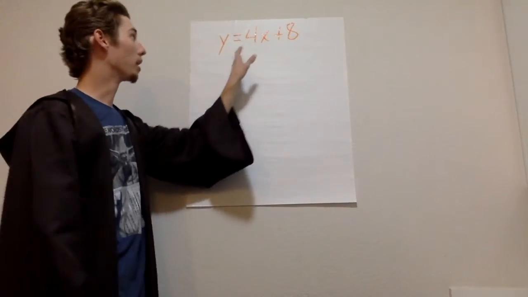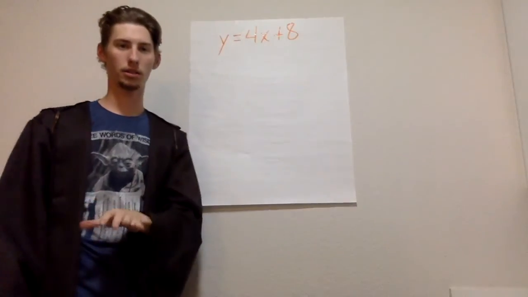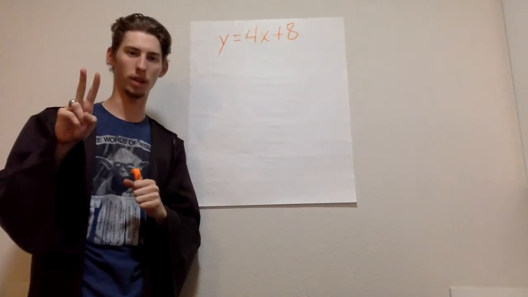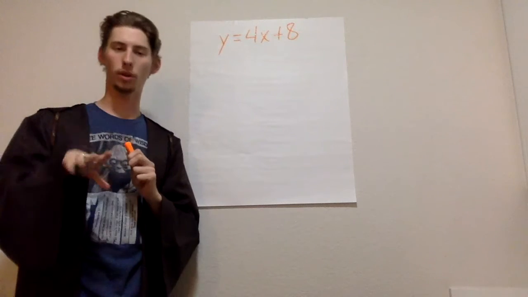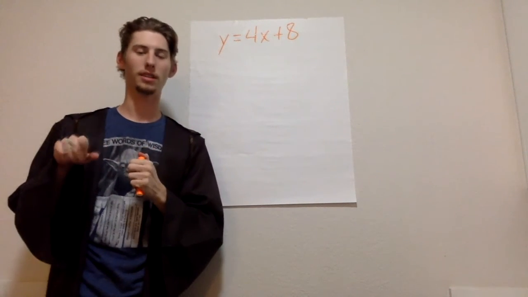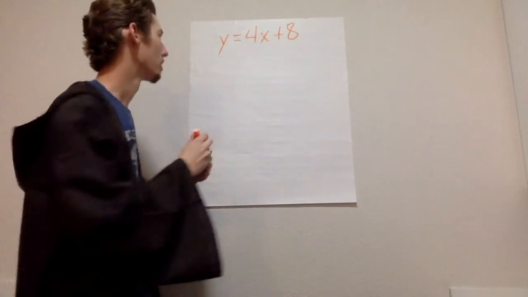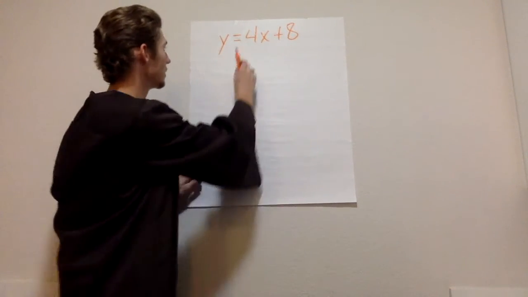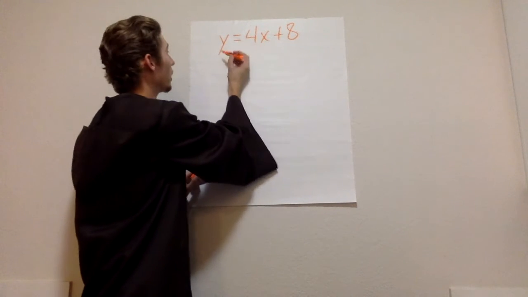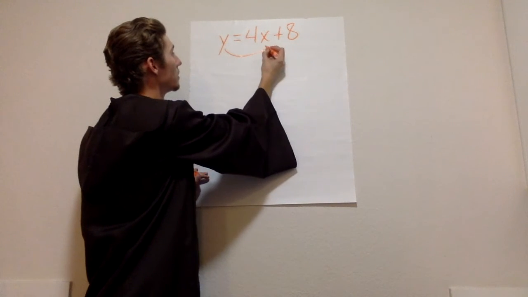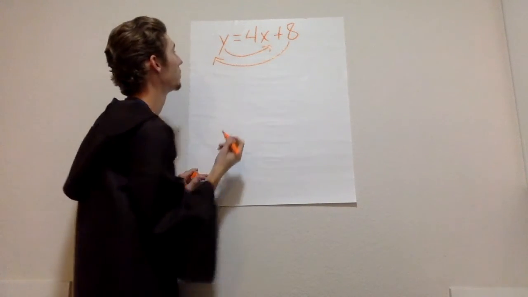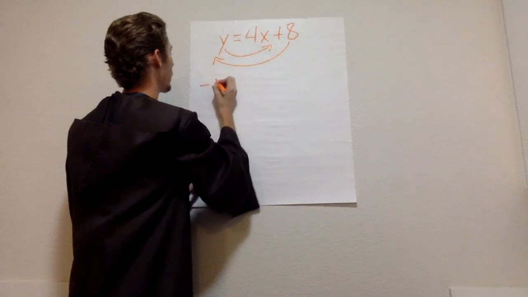So we had y equals 4x plus 8. Now let's change that to standard form. And remember, for standard form, we need the x and y's on the same side, and we don't want fractions, and we don't want the first number to be negative. Since this 4x is already positive, I'm just going to leave it alone. I'm going to move this y to this side. I'm going to move the 8 to this side. So that makes this a -8,